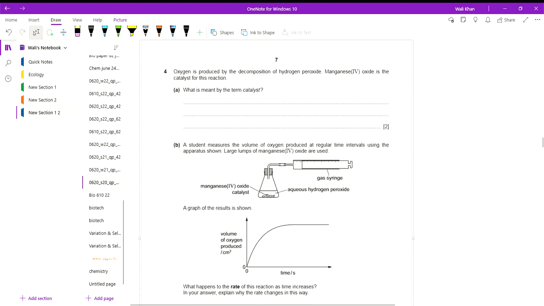Question number 4. Oxygen is produced by the decomposition of hydrogen peroxide. Manganese peroxide is the catalyst for this reaction. What is meant by the term catalyst? So simple, right? The definition of catalyst. Two marks here. So make a good sentence: